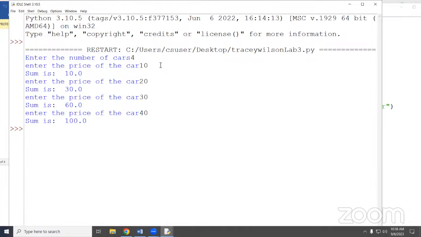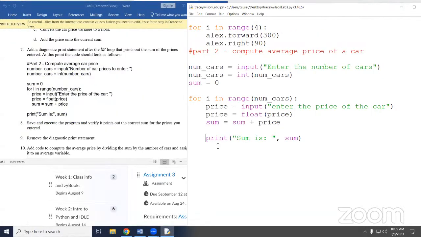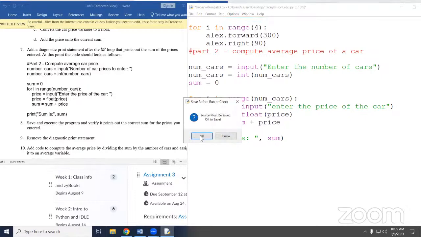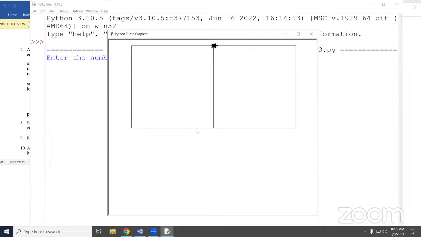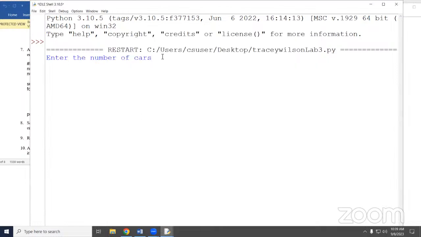So if you have too much printing out, then you probably have left your print statement inside your loop. Not really a big deal when you're doing 4 numbers. If you were doing 4 million numbers and it was printing after each one, that slows your computer processes down. So just make sure that that is not indented and it's outside your loop. So now it should just run once and give me the total. And you might want to comment your turtle out until you get finished testing everything, so you don't have to watch it draw every time, but that's up to you.